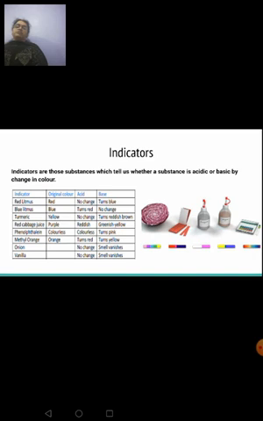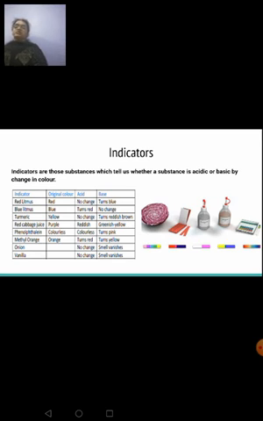Then when you are using red cabbage juice as an indicator, I have given a red cabbage figure here, you see, which is purple in color, right? If the substance is acidic in nature, this purple color will turn reddish, and if it is a base, the purple color of the red cabbage juice will turn greenish yellow. So this color change will help you identify whether a substance is acidic or basic by nature. Then coming to phenolphthalein, we'll be using phenolphthalein, methyl orange, all these things in our lab.